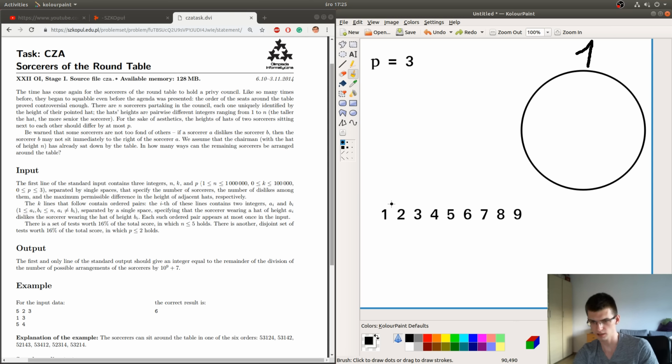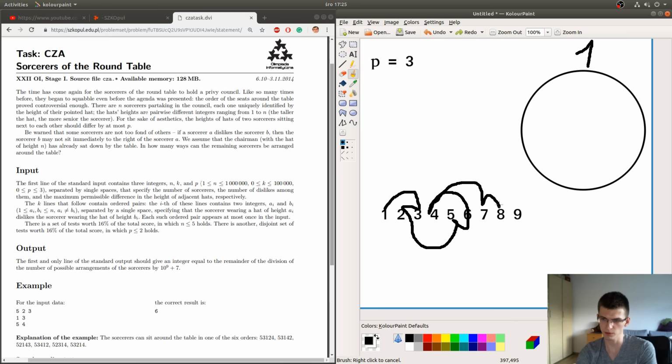So let's say that we can't make a jump like this. Then usually this path will look something like this, maybe. Sorry for a terrible drawing, but it will try to go towards the right, with some exceptions.